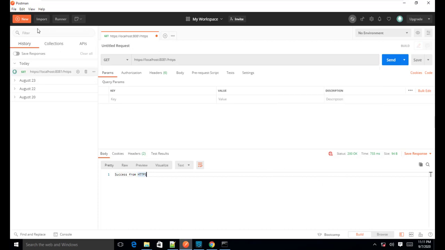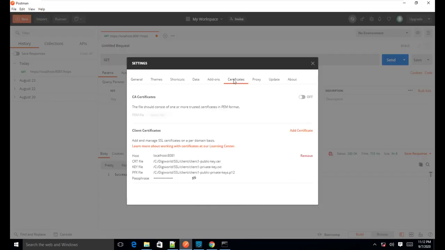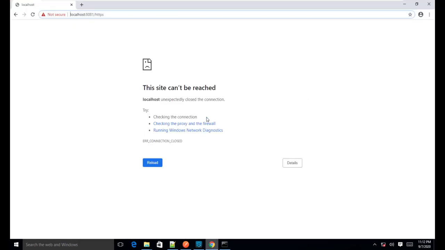So let's see what happens if we remove the client certificate from these settings. But before that, as we are able to access the service using Postman, let's check if we are able to access the service using our browser.